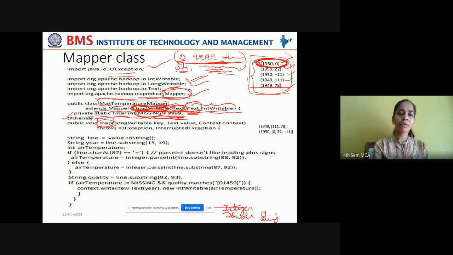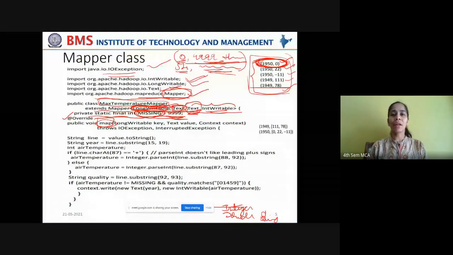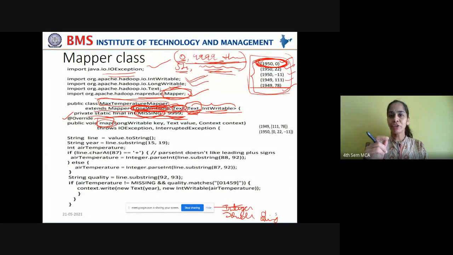Now you give an annotation here stating that the map function is being overridden. What do we mean by overridden? It is already defined in the Mapper superclass, and that definition you are trying to override, to customize according to your application. That is why we give an annotation which will not be considered by the compiler but serves as very useful information to the person who reads this code. So you're going to override the map function.